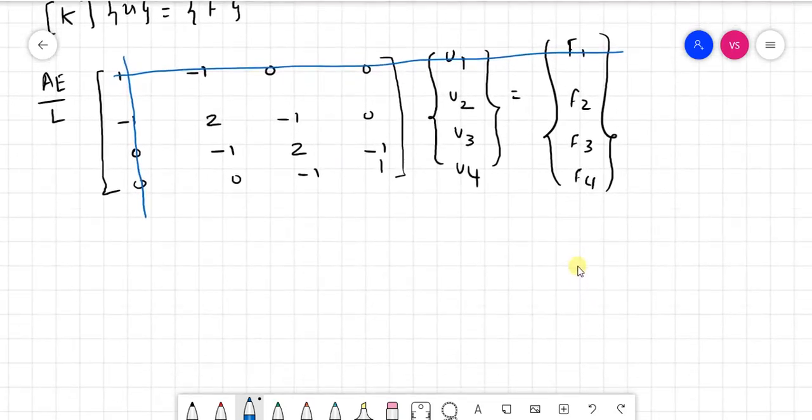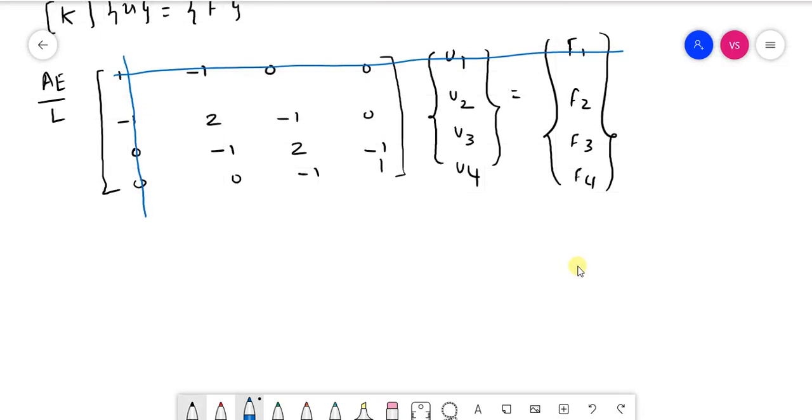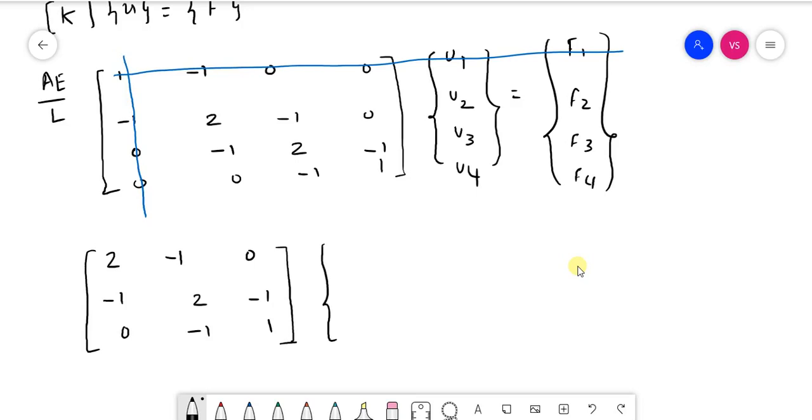So we are left with the matrix 2 minus 1 0, minus 1 2 minus 1, 0 minus 1 1, times u2 u3 u4, equals